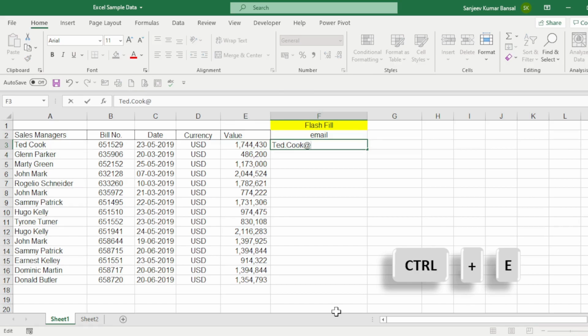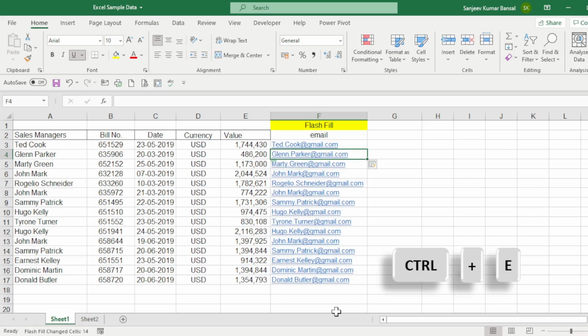Everyone is on a Gmail account, gmail.com, and then press Control E. The rest of the work will be done by the system. Excel fills the email accounts for all the others. So you see the magical function of flash fill.